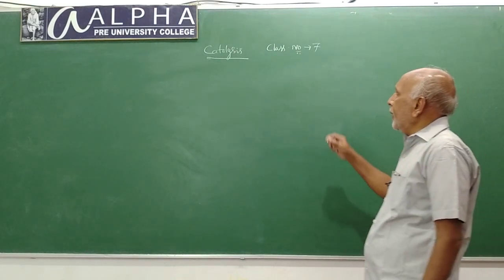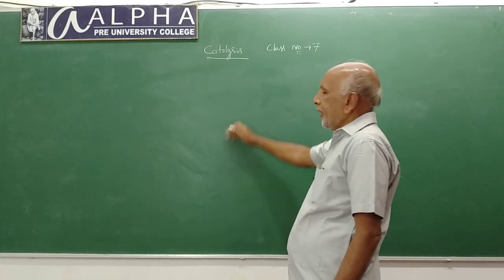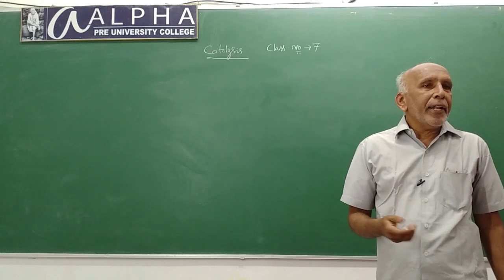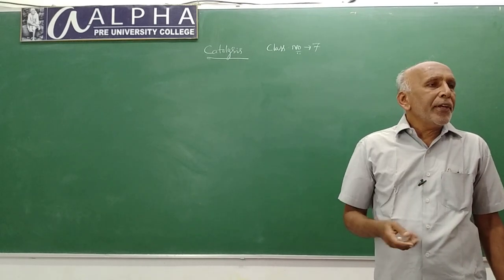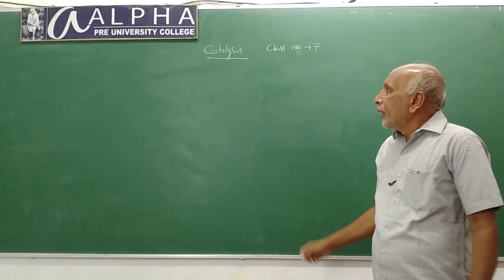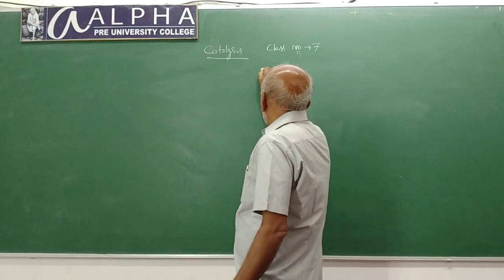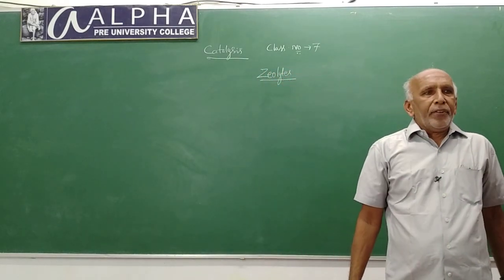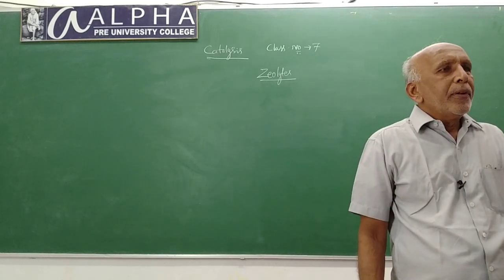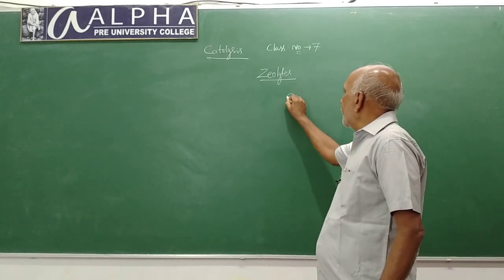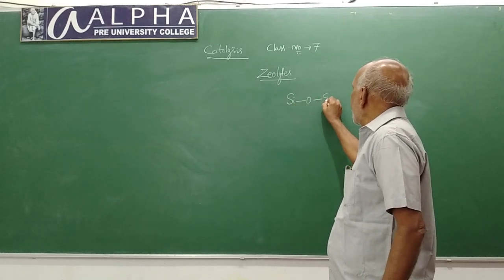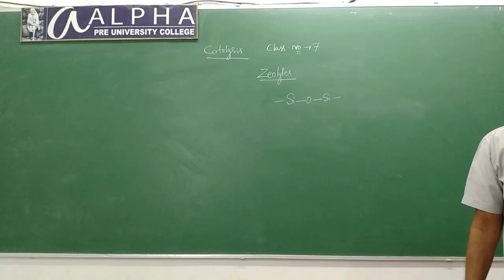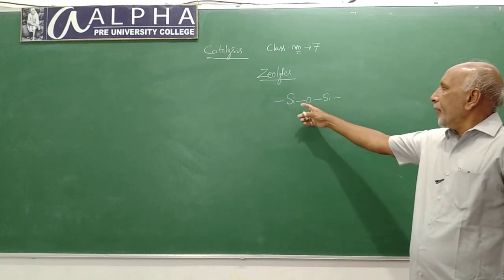See, it is observed particularly in the case of zeolite catalytic reactions. That is, reactions in which zeolites are used as catalyst. This one is known as shape selective catalysis. Zeolites are silicates, aluminum silicates. Actually silicates are made up of silicon and oxygen atoms. They are bonded like this.